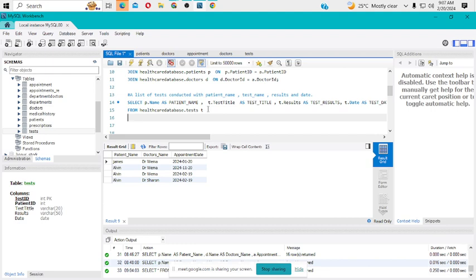And then we can use join. Let's join the table. I think the patients table, healthcare database dot patients, then P on